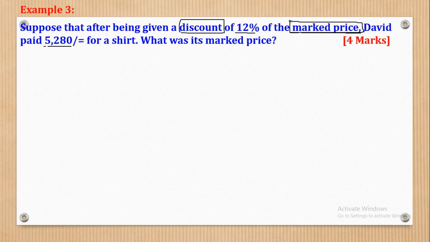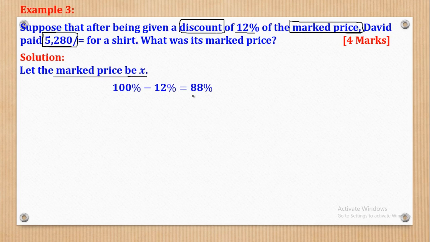So we have seen 3 terms now. There is what we call old price, original price, and marked price. All those mean the same thing. And this one is now the new price. So what we are going to do, we are going to say that let X be the marked price or the old price, and after that we shall get the new percentage, which will be 100 minus 12 to give you 88%. Or that we shall say that 88% of this old price, which is X, will give you the new price, which is